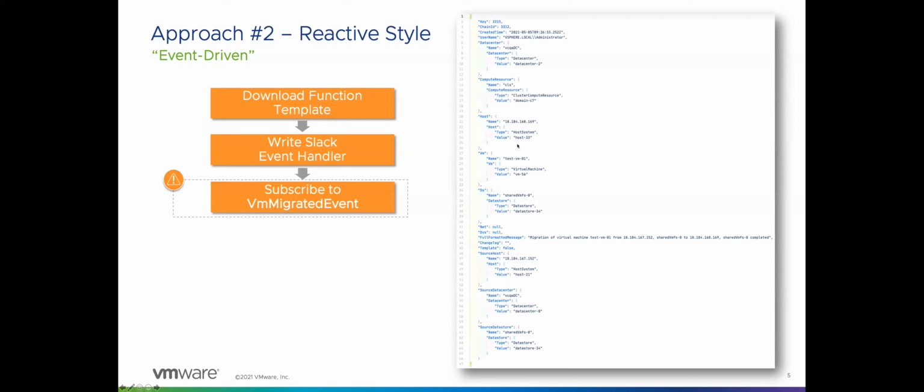And this might be a little bit hard to read because there's a lot of information, but this is the event payload that a VM migrated event contains. And you'll see the source host, the destination host, and a lot of information that is relevant to then immediately verify whether this VM is part of the right host group or running on the right host here.